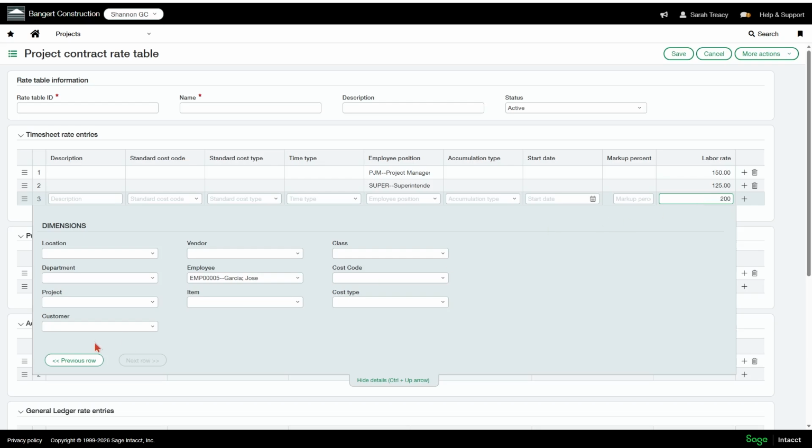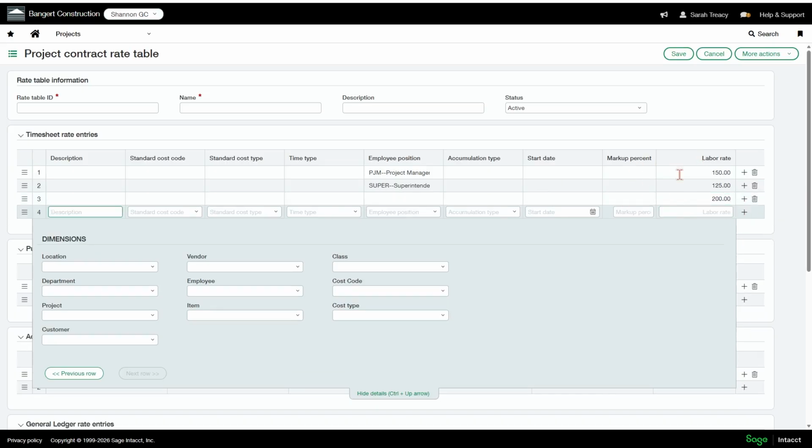So you'll have to go through and obviously decide what those rates are going to be. Are you going to do it by employee, by position? You have all your different options here. You might want to move around that screen so that you can see the actual entries that you're defining it by on the main screen. And then it's either going to be a markup percent or a rate. Okay, so we're going to leave that as is.